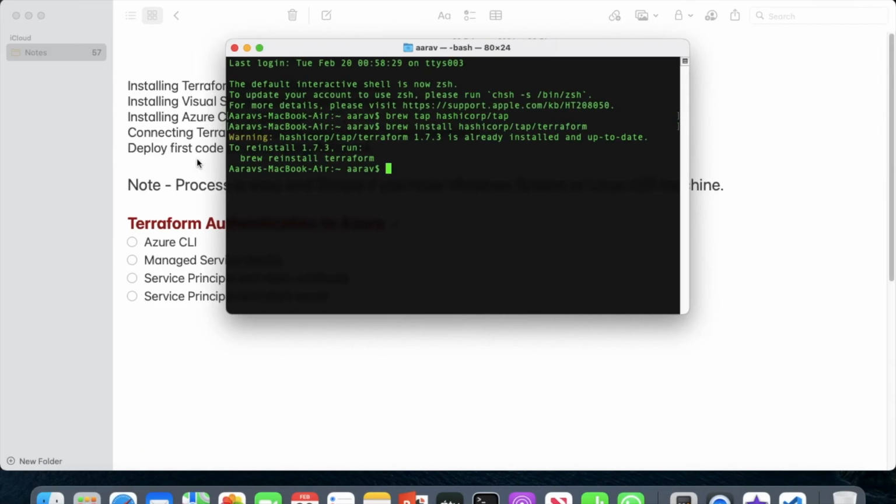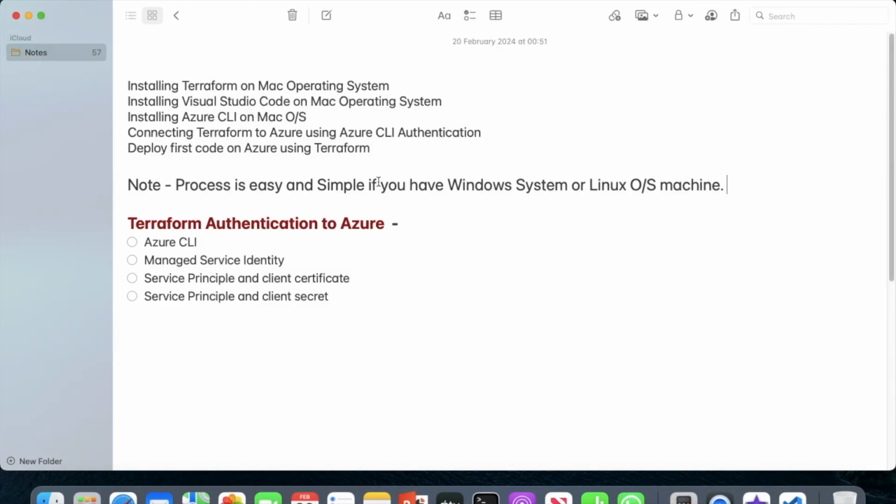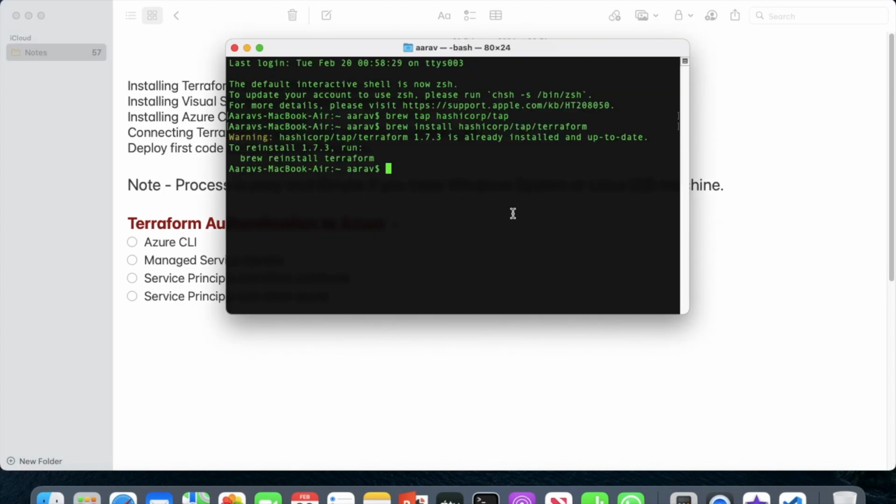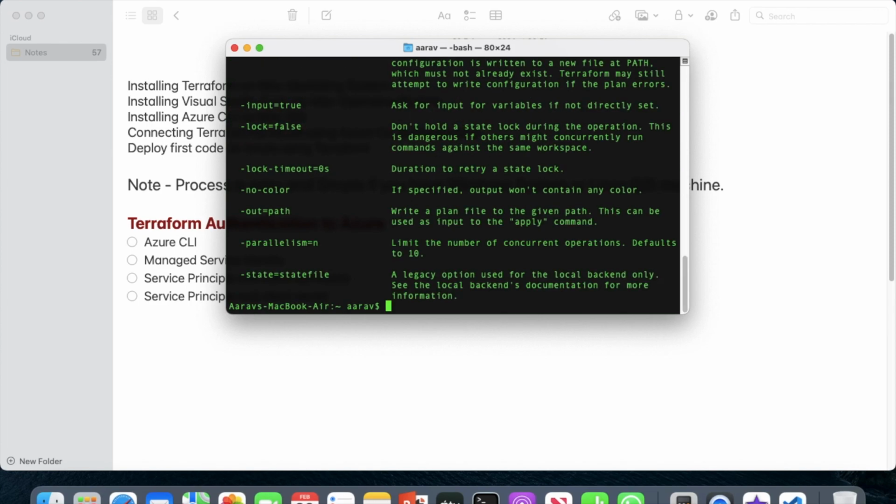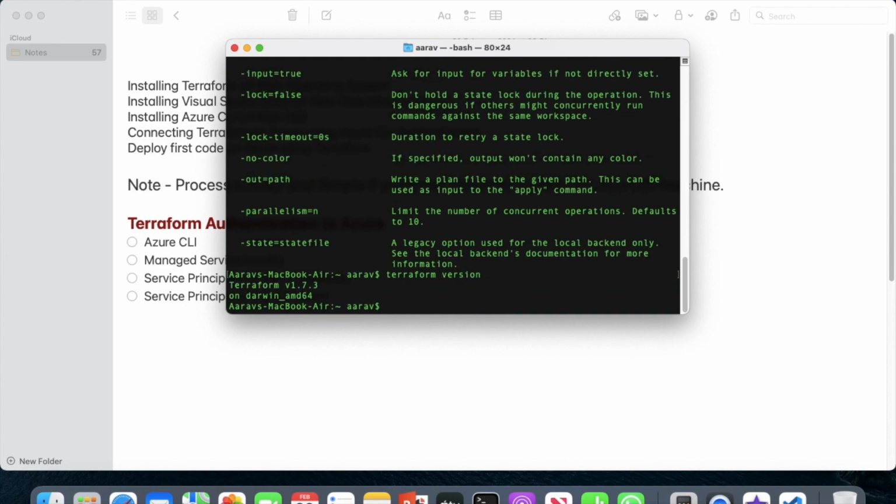Now, next one is how you validate your Terraform. Once you install it, you run this command to see whether Terraform is giving you the option to use different syntax in your Terraform command and whether Terraform is installed or not, right? So you can just see the version of Terraform